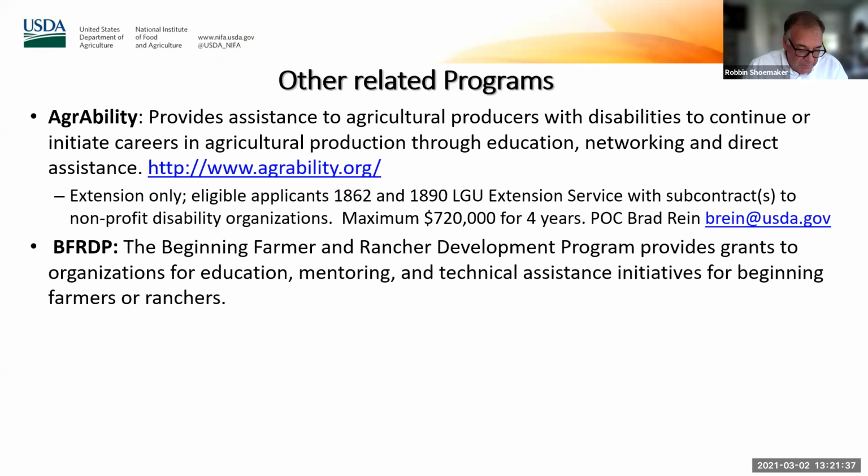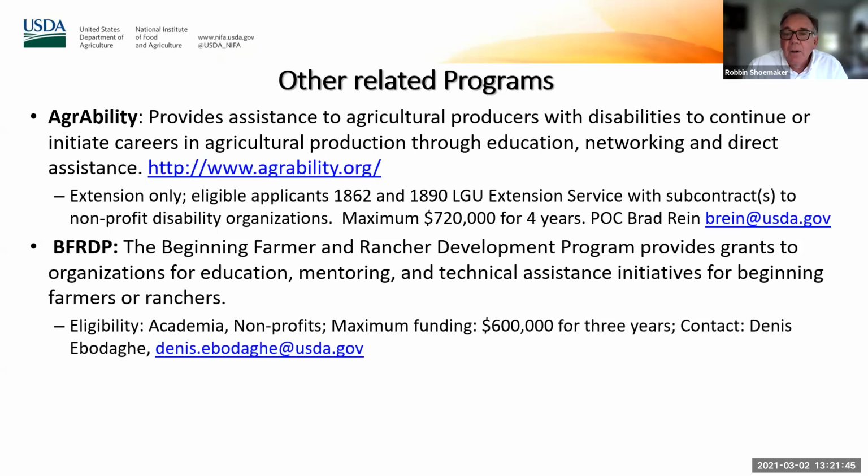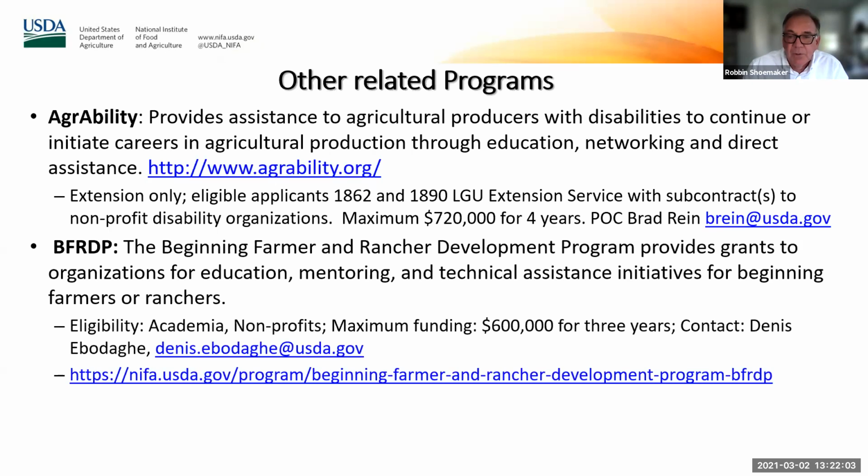The next one is the Beginning Farmer Rancher program. Dennis, do you want to say anything about that, or I can cover it? But this is not a research program so much as it's about developing educational training, technical assistance activities to help beginning farmers, ranchers get into business. That's a maximum funding of $700,000 for 3 years. And Dennis Abu Dhabi is the program director for that. And there's a link to the